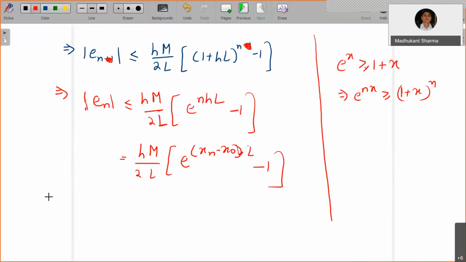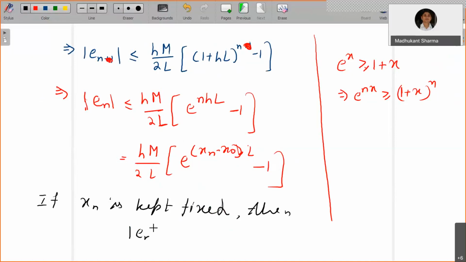If xn is kept fixed, then mod of En is less than or equal to some C times h. Okay, so this will have some finite value. This difference with constant M by 2L, all this will come into this constant C and h. So in the Euler's method,